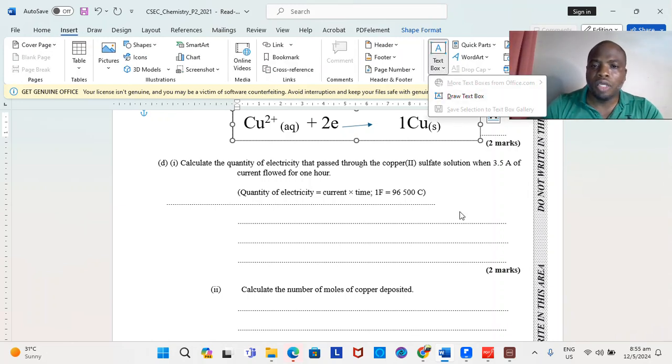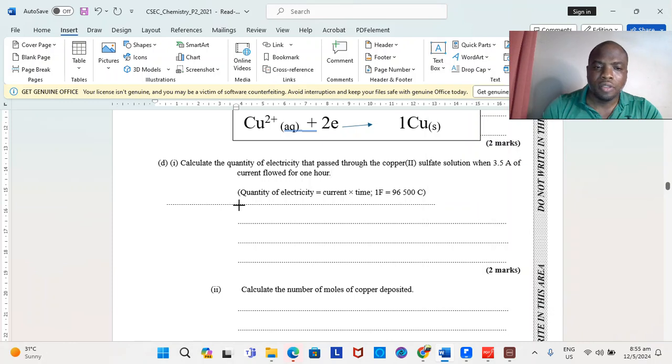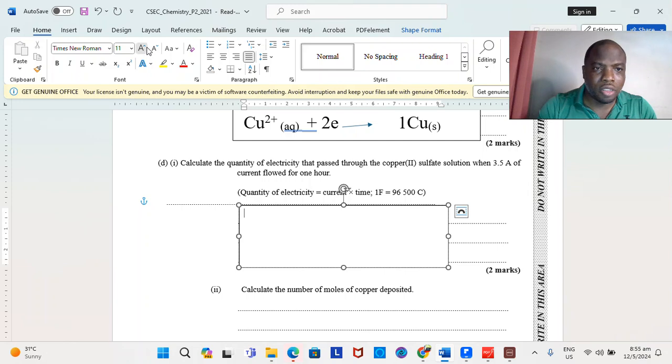So when we look here, we have Q equals IT. We said Q, I is the amp, 3.5